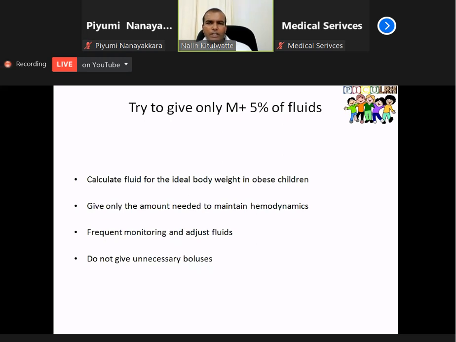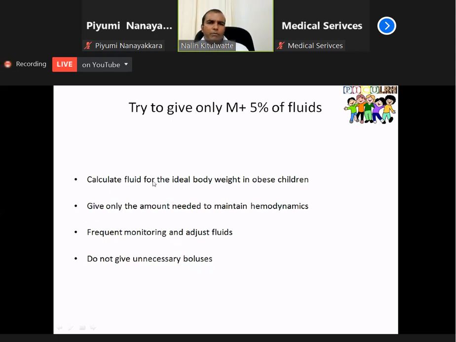Your aim should be to maintain the hemodynamics so that you are avoiding organ damage. So that may be maintenance plus 5%, maintenance plus 20%. We don't know, so the amount depends on the patient's clinical condition. Right. So to give only the maintenance plus 5% fluid, what you should do is calculate the